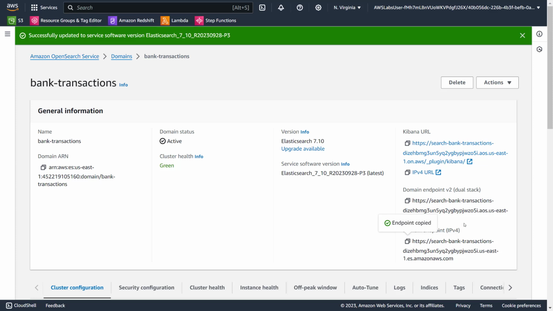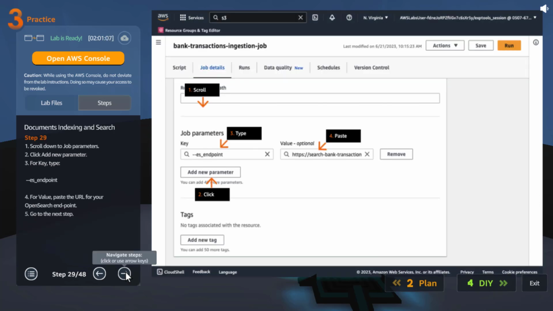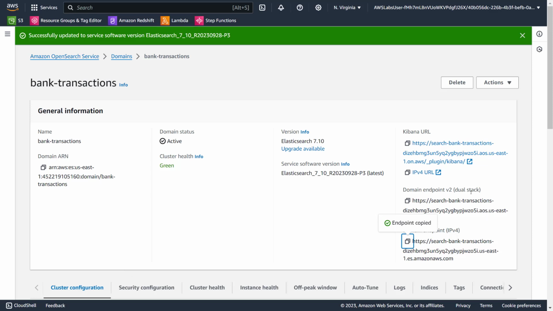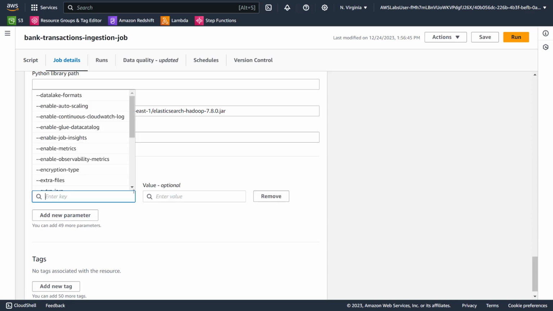Do we want IPv4 or IPv2? I don't remember. What did they ask us to copy? There is only one endpoint here. Okay. Dual stack, Kibana. I think I'll just copy this. It's fine. It doesn't matter for us anyways. Let's go to here, job parameters, add new parameters, and